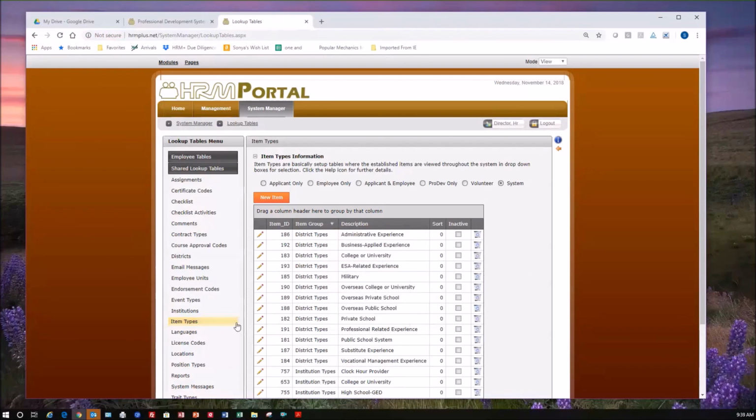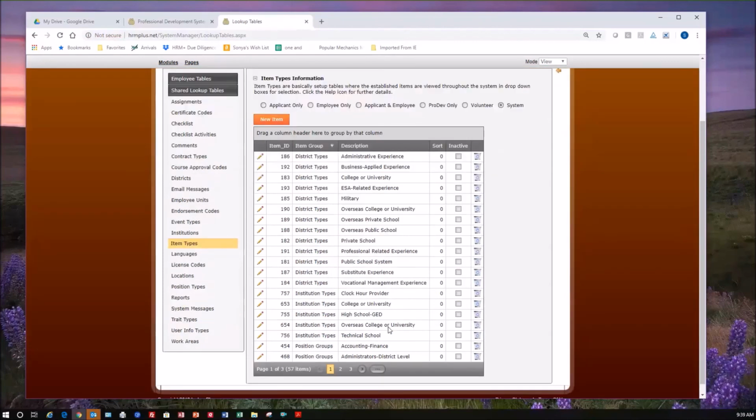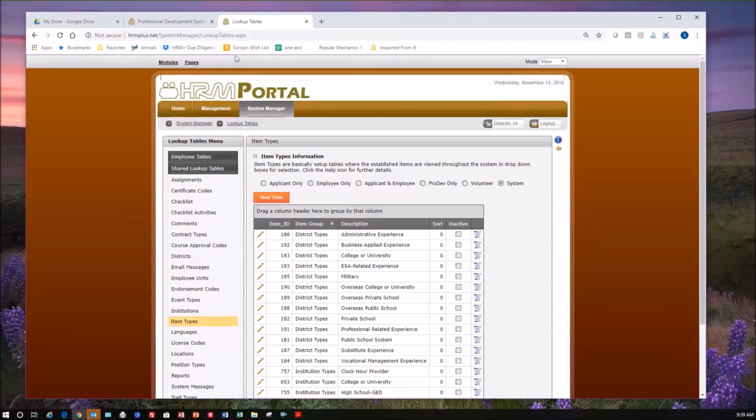But we do have other tables here in the item types, and I think it's in here somewhere. I just need to find it for you. Any other questions on tables? Thanks for noting that. Okay, let's go look at a work area, because the hard part about the work area